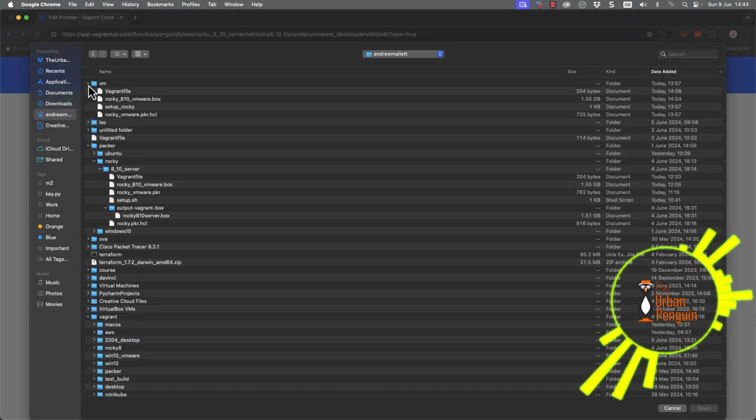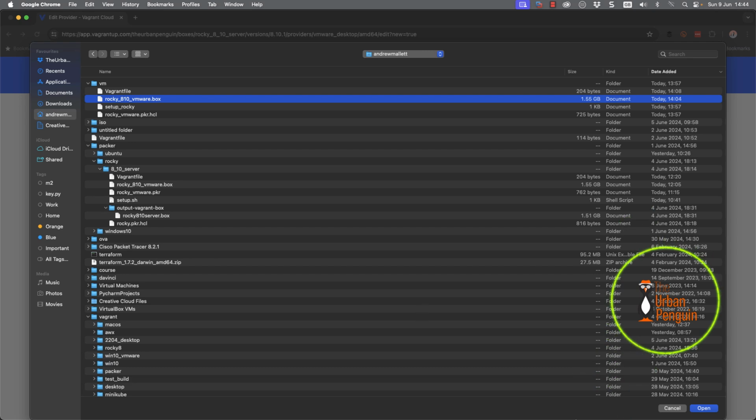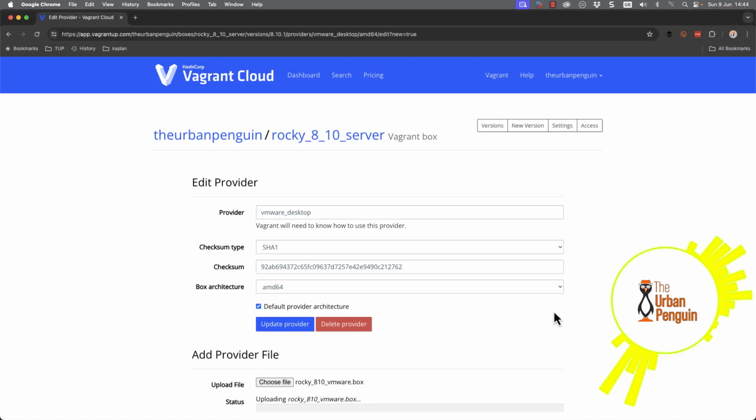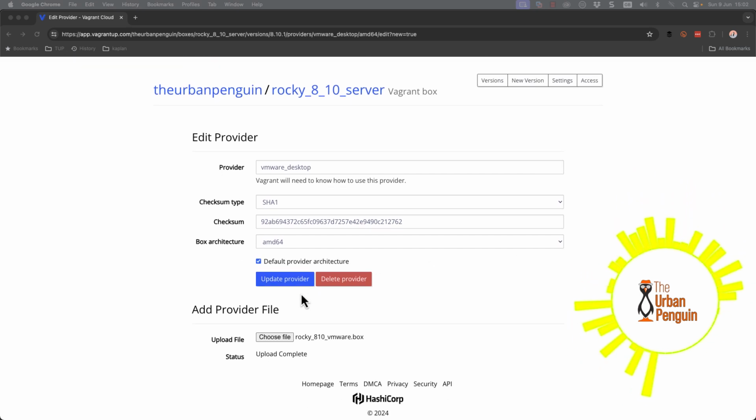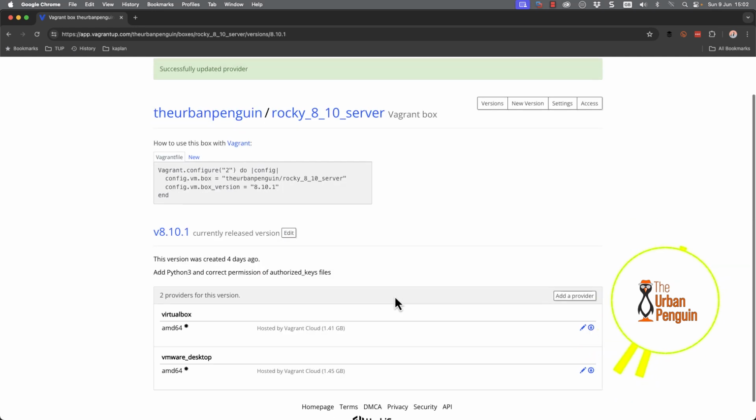This is going to give us a choose file button. So I can then go out and choose the box file we just created. And we can allow the upload to go through. I've cut out the upload because, again, it's probably going to take 20 minutes or so, depending on your network.